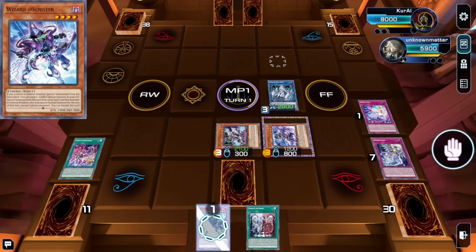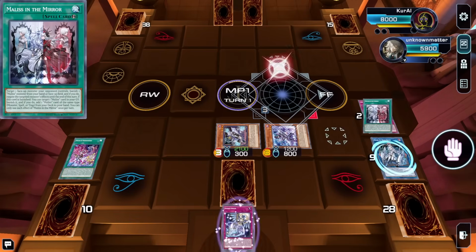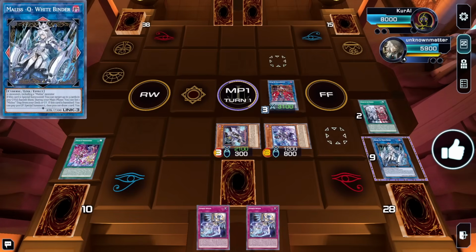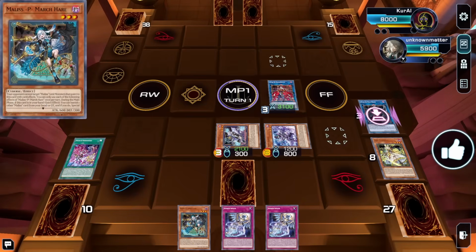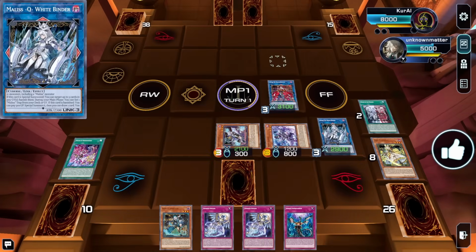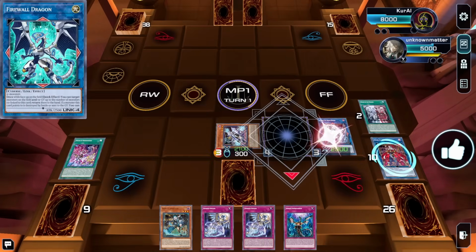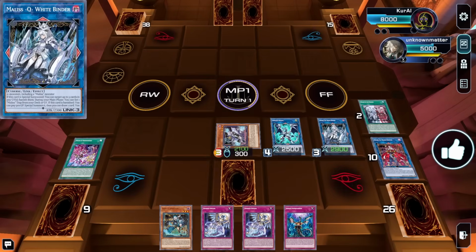So here we're just going to go through our Backup and then also our Wizard, link into our Cryptor, and then once we've gotten our White Binder into the graveyard, we can use our Chessie to banish Malice in the Mirror. Mirror will then banish our White Binder to search an additional name, and White Binder will special to draw us another card. Here we link the Firewall into the zone right next to White Binder, and since we haven't